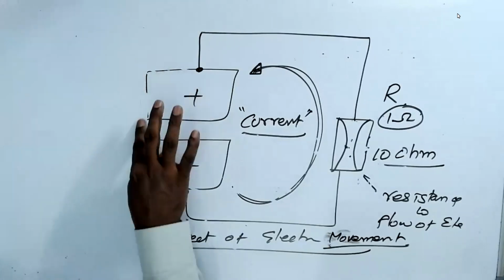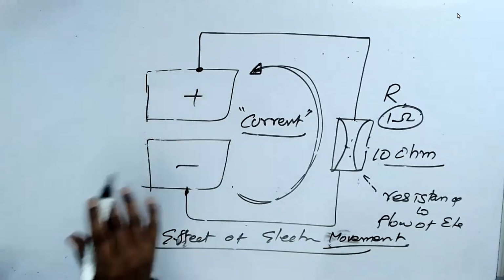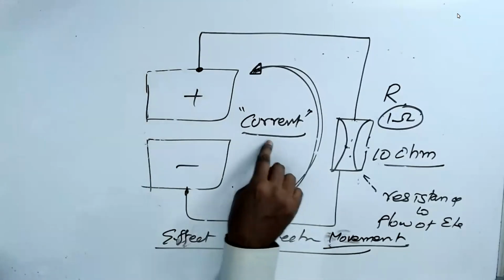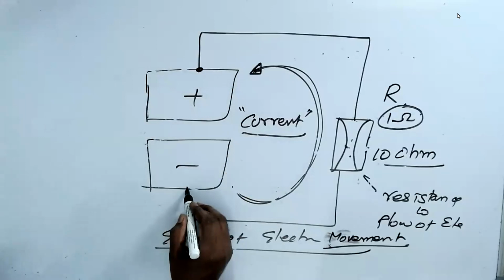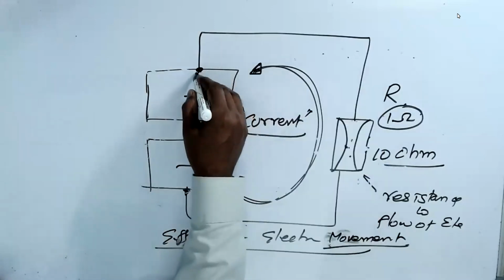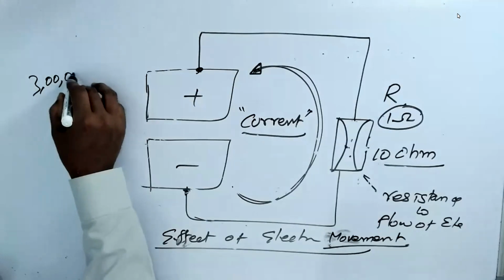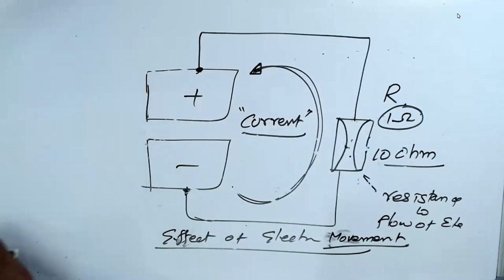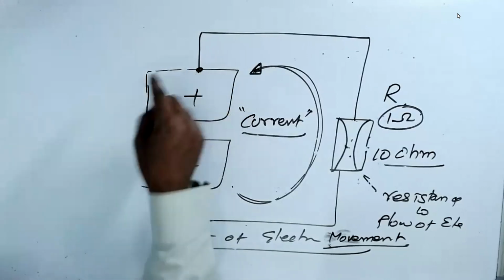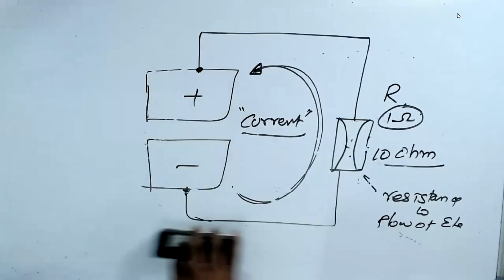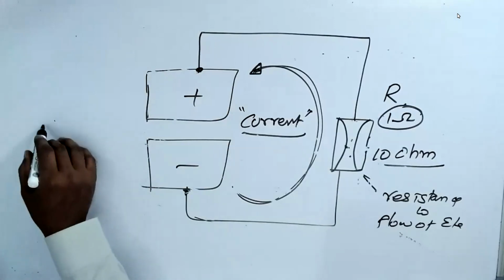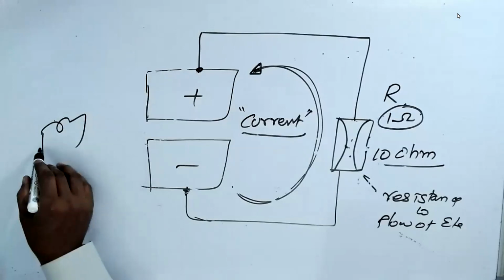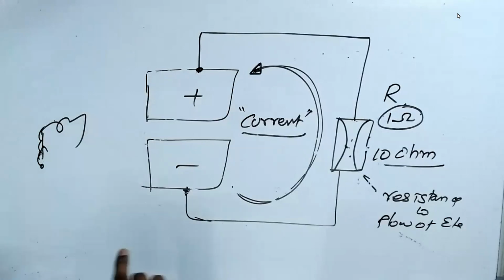Since we are discussing electricity, let us try to understand a few terminologies. The current is an effect, not the actual electron. The electron here does not move to there at 3 lakh kilometers. The electron is not moving at that speed. It is moving at a very slow speed. What you get is an effect. That means your bulb gets the electrons of the next atom, not the ones which started from here. Those will come to you very, very late. Please understand.